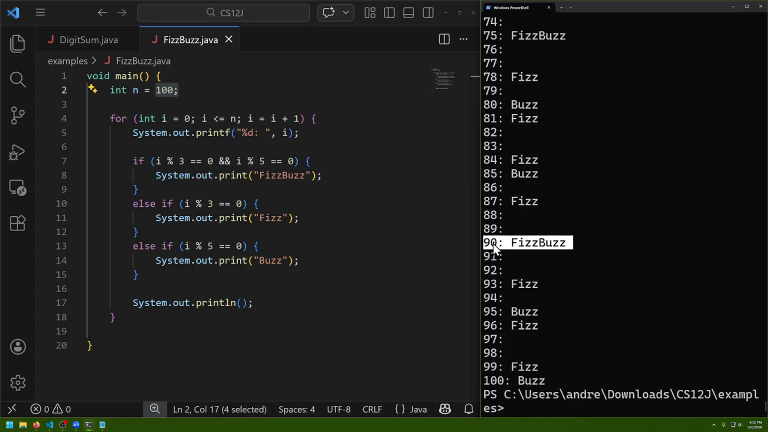Because 90 is divisible by 3. Wait, is 90 divisible by 3? Oh wait, I think I have a logical error here. Why did I print fizzbuzz? 90 is not divisible by 3, right? Huh. Is it? Let me